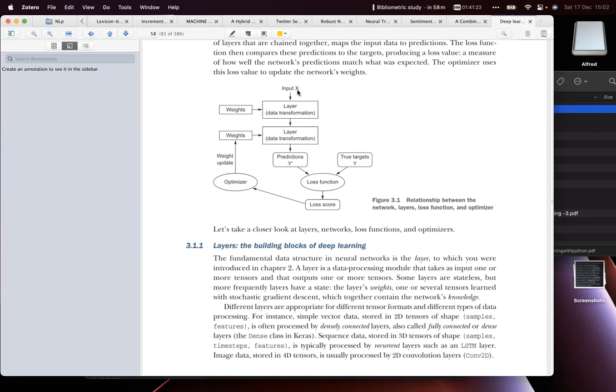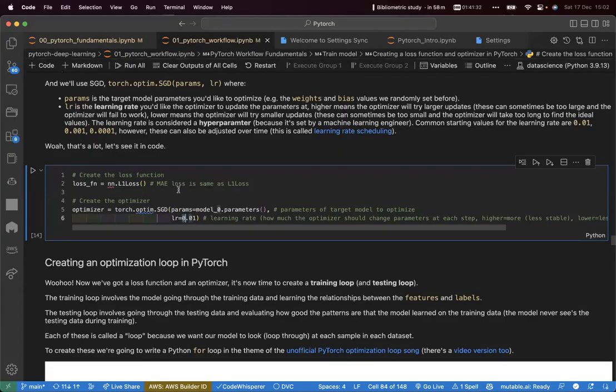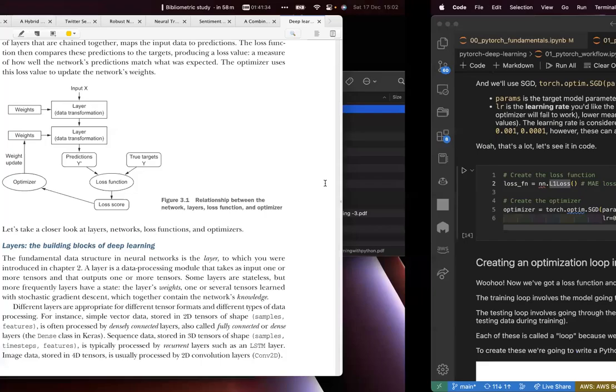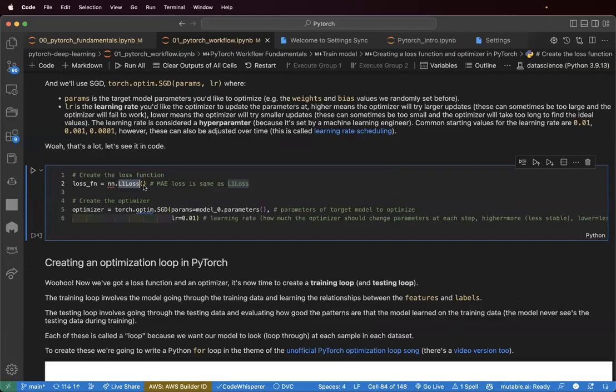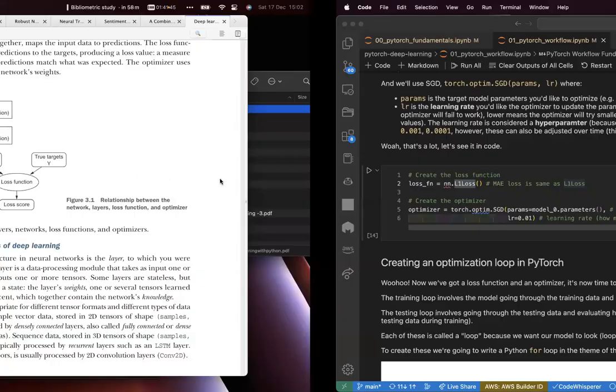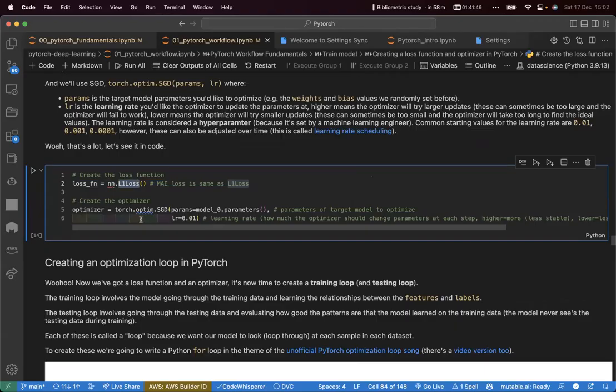Given any input here, make a prediction, compare with your true target, and find the loss. When you find the loss, now you optimize the weight. This loss finds the difference between the prediction and the true target. In PyTorch, if you are doing regression, we use L1 loss. And now, how can you tell the optimizer to change this weight? We use torch.optim.SGD, and we have different optimizers. You need to give it the previous parameters, and then you give it the learning rate. So when we run this guy,